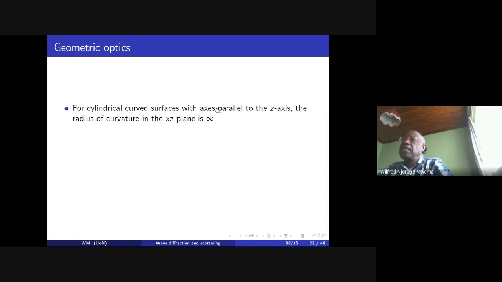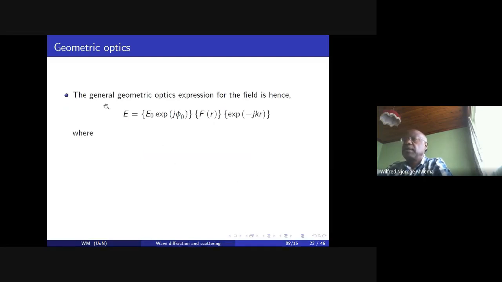So for cylindrical curved surfaces, such as when you take a cylinder, or a hollow tube, and cut it through the axis, you'll get a cylindrical curved surface with one side that is parallel to the z-axis having an infinite radius of curvature. This would be the usual case, especially when you are making a reflector for an antenna. And therefore, we can put R1 equal to infinity, and E2 is therefore going to be given by that simple equation there. So the general geometric optics expression for the field is going to be given by a reference field